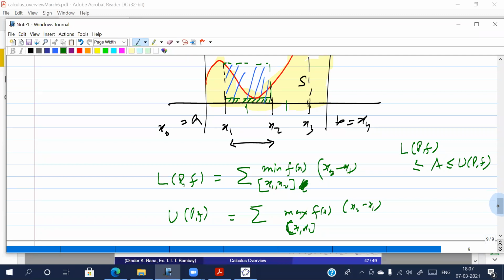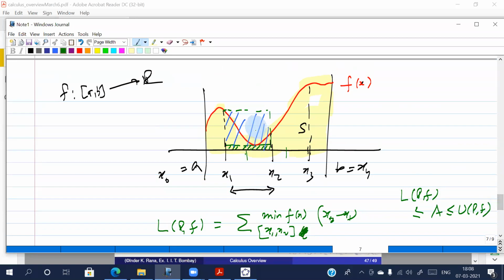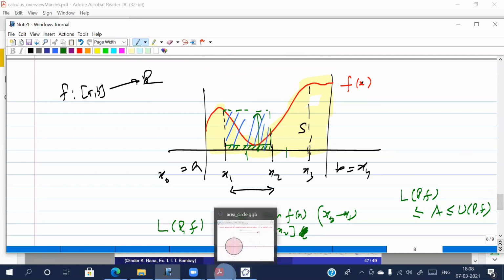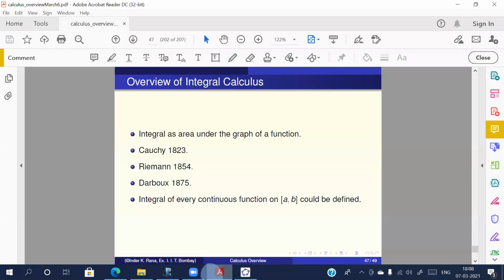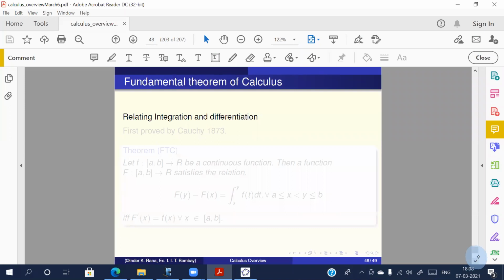That's how he could define all these things. While Riemann, in his work, said there is no need to take maximum and minimum. You can take any point, take that height, and take the rectangle. So Riemann's work freed the integral from the concept of bounded functions, but then not every function was integrable. Some functions became integrable, and then that work went on to describe those functions which became integrable. So I think I have only time to describe